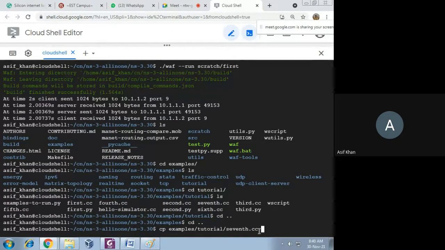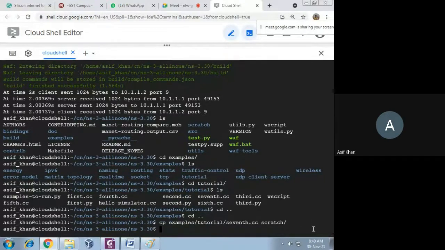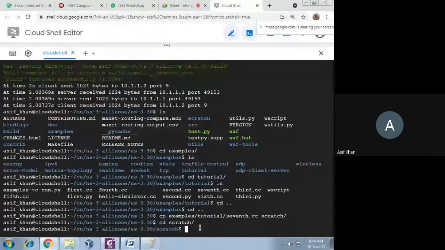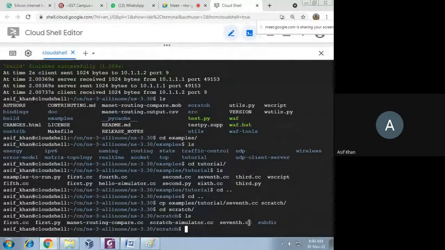Then I have to paste this 7th.cc in the scratch directory, which is inside this directory, where I am now, ns3.30. So just write scratch. This is the destination location, and this is the source location and source file. Now just press enter. It is copied. Let me check whether it is copied or not. cd scratch, ls. 7th.cc is present here.